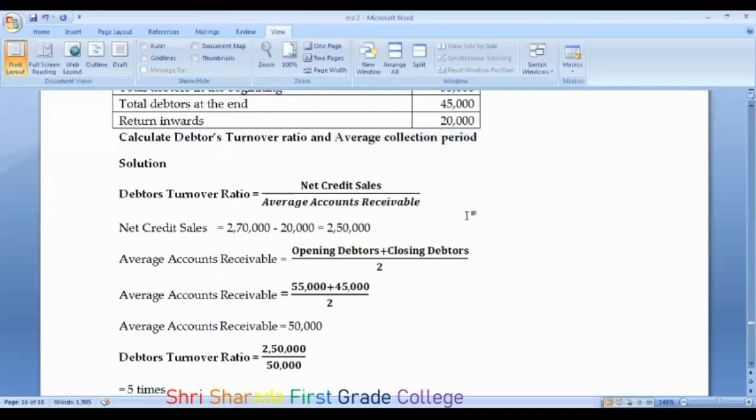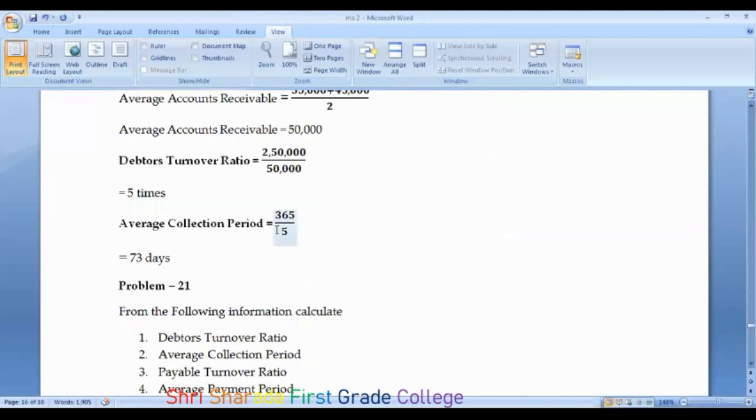Clear? So it is like, it is also sometimes called an EMI. Okay. So within what duration you will be settled with such amount, that can be computed with the help of average collection period only. Okay. So average collection period always takes 365, that is the number of days in a year, divided by the debtors turnover ratio, which is 5 times. So divided by 5, 73 days. Within 73 days, the amount will be settled. 73 days is the period which is granted to the customers for clearing their sales amount.